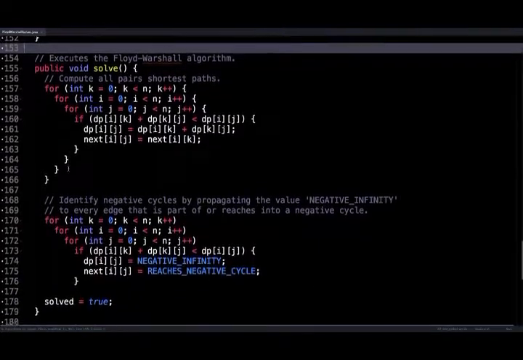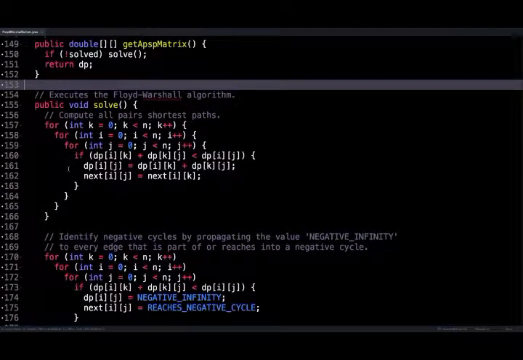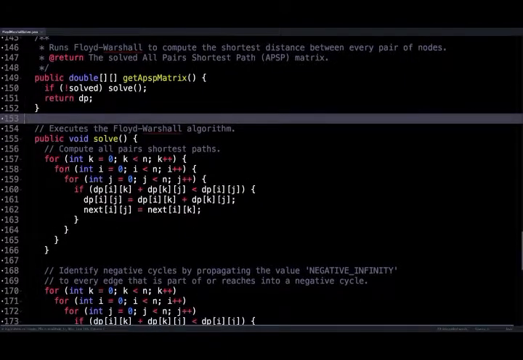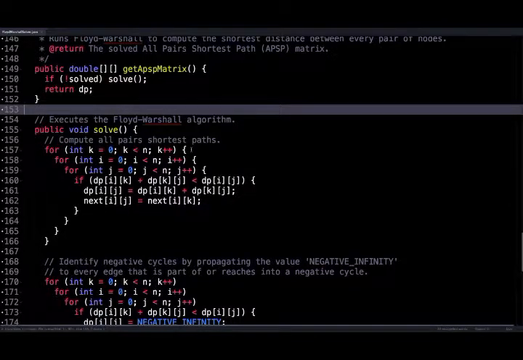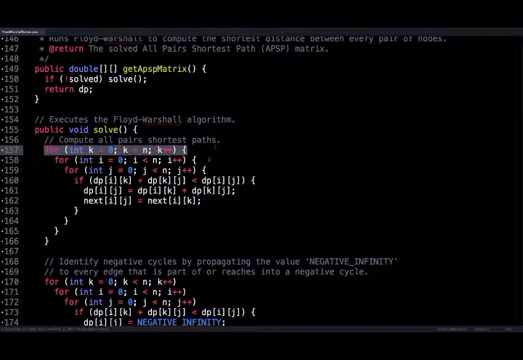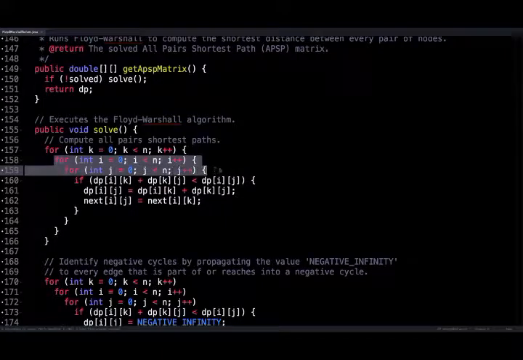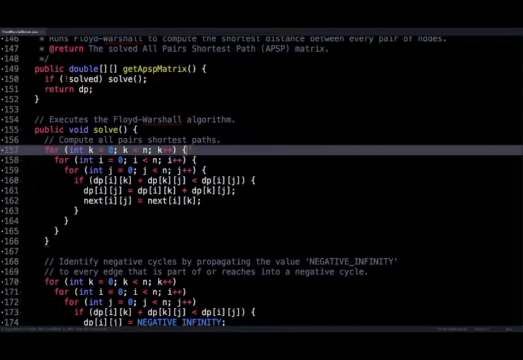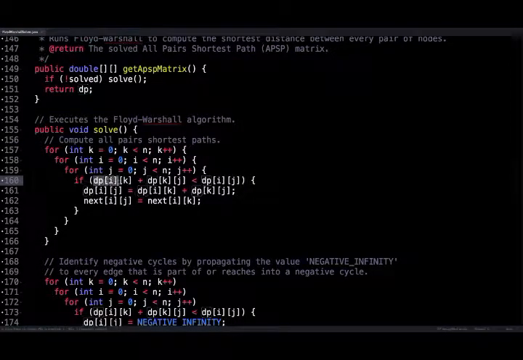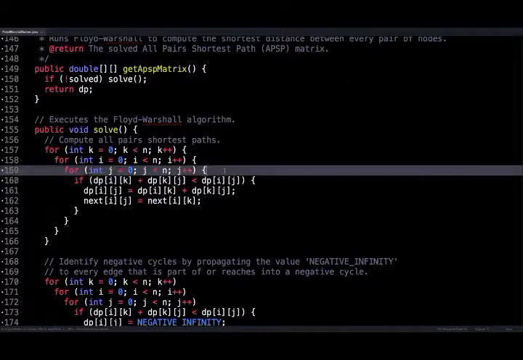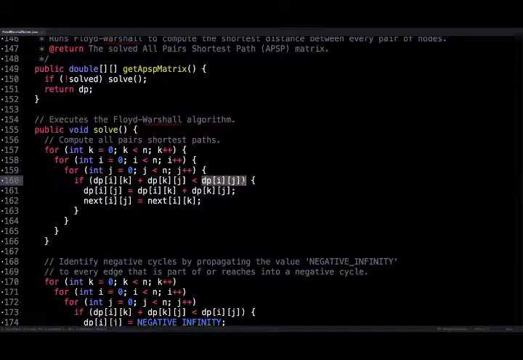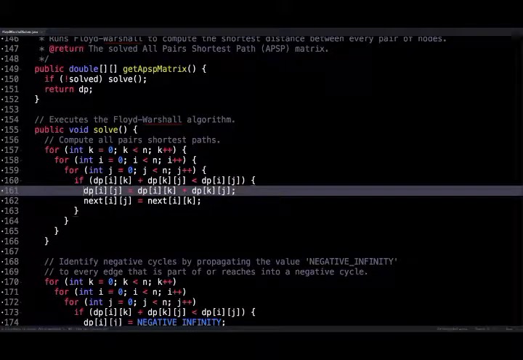The solve method is what actually executes the Floyd-Warshall algorithm. Here's what we're going to do to compute all pairs of shortest paths. First, we iterate through k on the exterior loop. Then we loop through all pairs of nodes, and check our condition. If the path going from i to k and then k to j is less than the path from i to j, then update the value of i to j to route through that node k. And while doing this, also